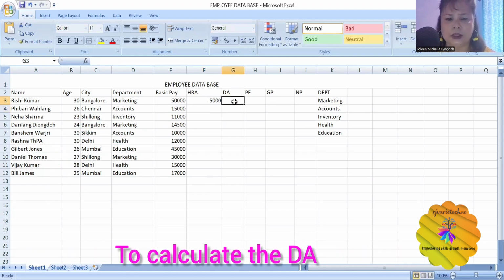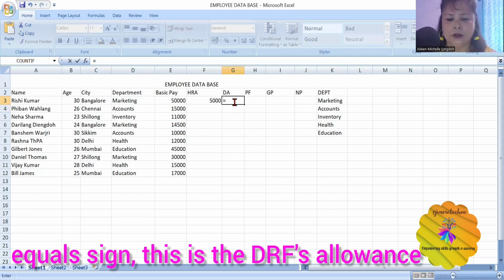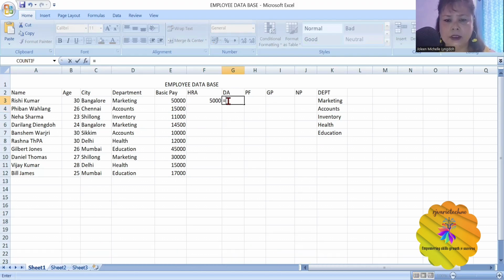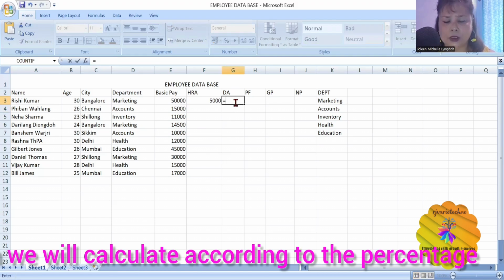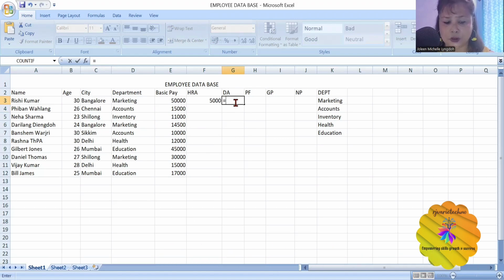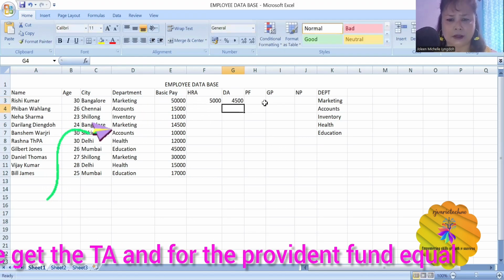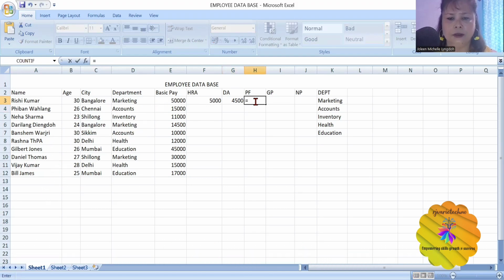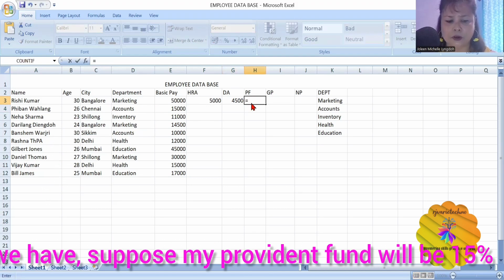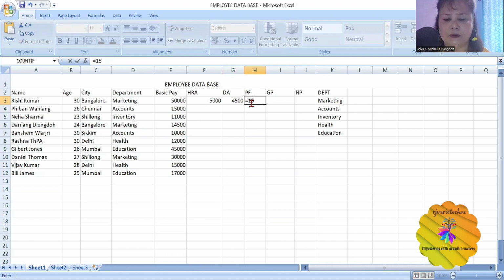To calculate the DA, equal sign, this is the dearness allowance, then we will calculate according to the percentage. Assume I will give it as 9%, 9% into, again, basic pay. Repeat the step, we get the DA. And for the provident fund, equal, suppose my provident fund will be 15%, I will give 15%